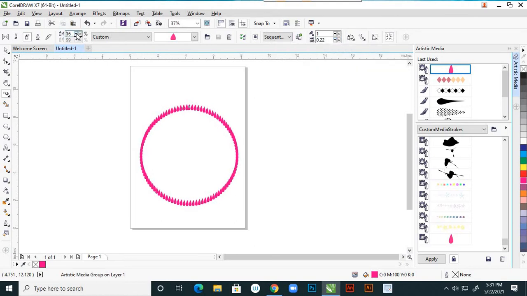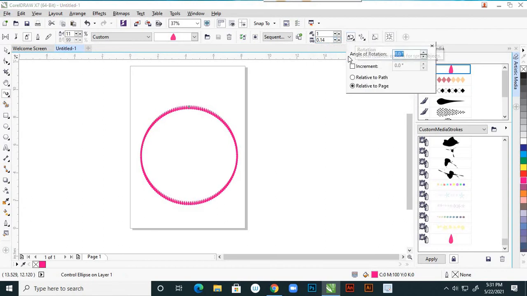Here also you can give the size of spread. And here you can even reduce the images per tab and the image spacing, adjust the distance. So the distance you can adjust. Here we have the rotations relative to path, right? Relative to path.